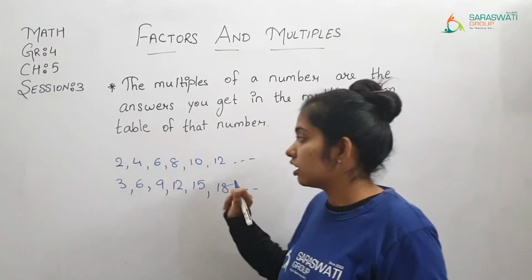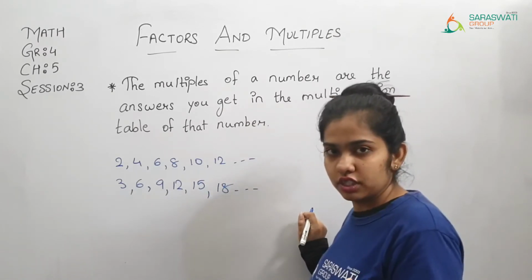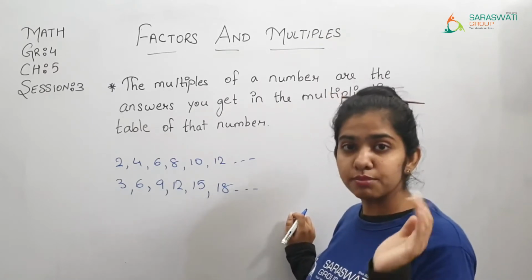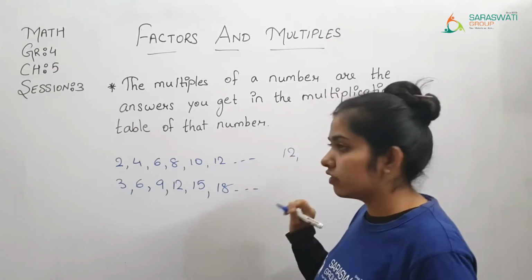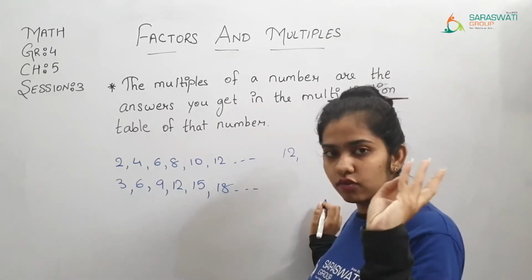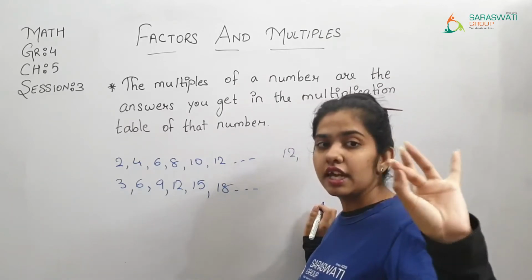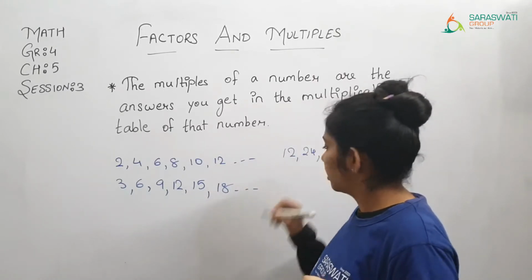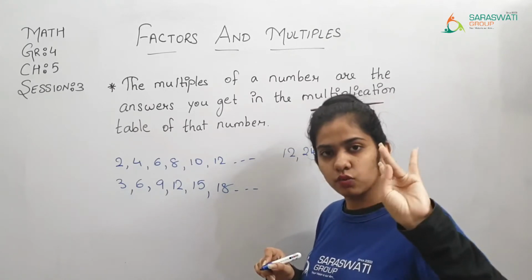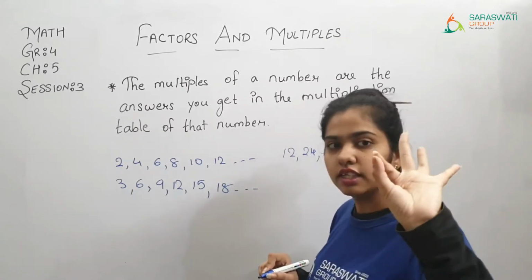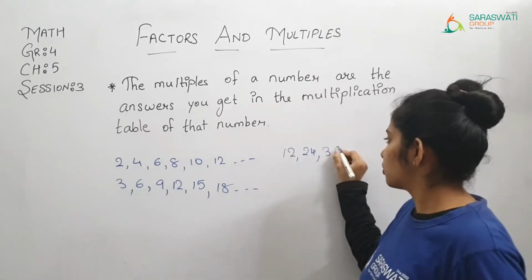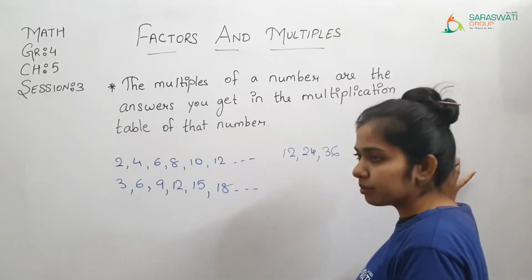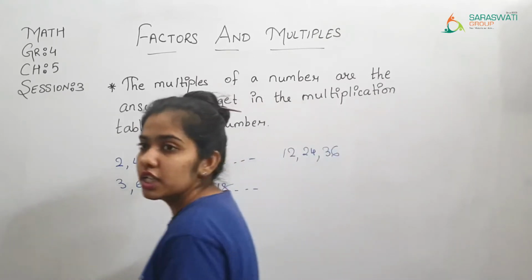Now, if you want to make the table of 8, or else the table of 12, right? Okay, we are supposed to find the multiples of 12. So 12, now add 12 to 12: 13, 14, 15, 16, 17, 18, 19, 20, 21, 22, 23, 24. Again 25, 26, 27, 28, 29, 30, 31, 32, 33, 34, 35, 36. So 36. In this way you can keep adding 12, or else if you know the table of 12 directly, you can write the answers directly.